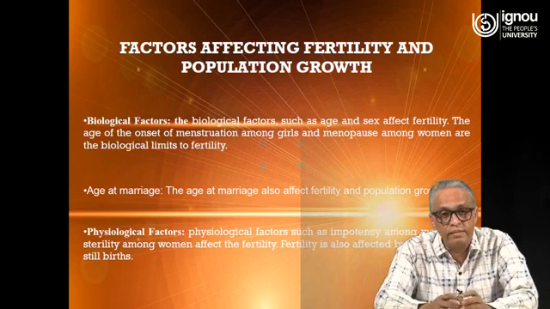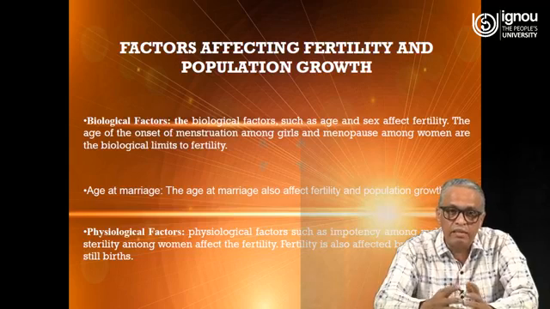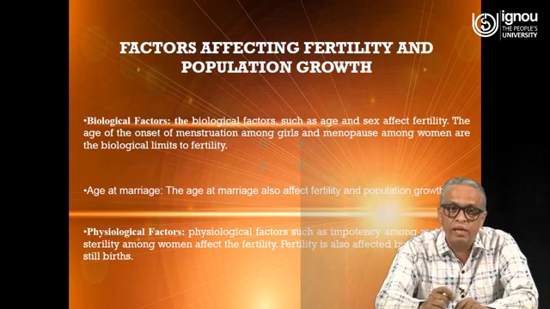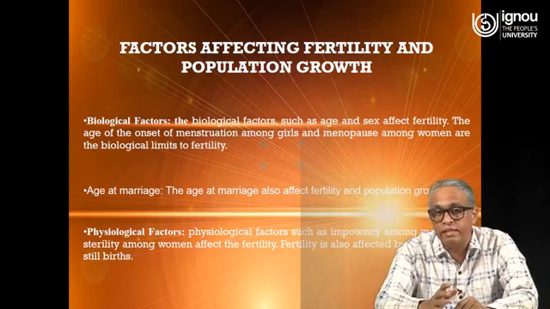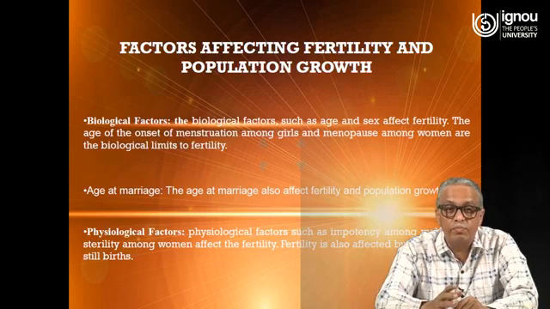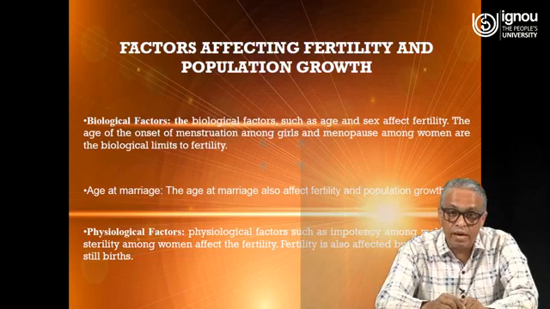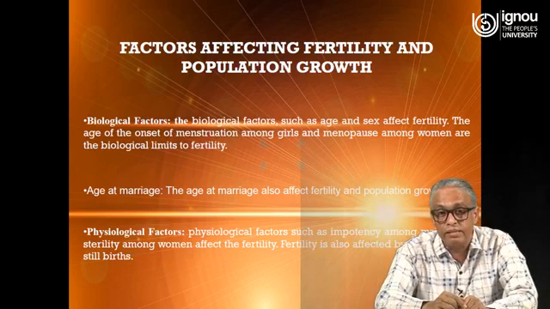The first factor is biological factors. The onset of puberty, or the menstruation cycle, among girl children is considered one of the starting points of marriage. In rural areas, most illiterate and low-literate people consider that as soon as there is onset of puberty, the parents are worried about giving the girl in marriage. So although the government has fixed the minimum age at marriage, 18 years for girls and 21 years for boys,